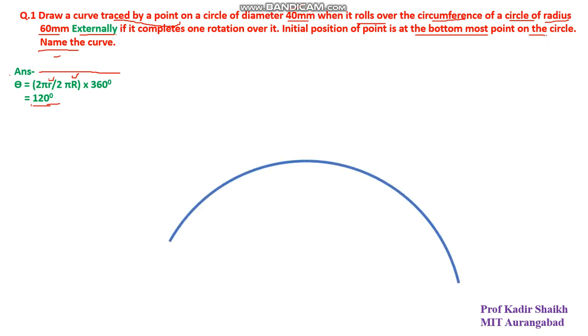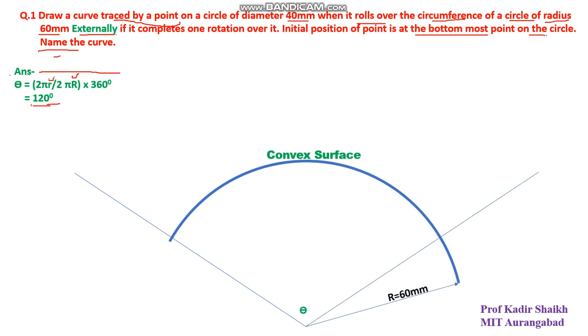First draw one surface showing the bigger circle of radius 60 mm, which can be treated as a convex surface to roll a circle of 40 mm diameter. After that, measure the sector angle theta, that is 120 degrees. Then as it rolls externally, draw one circle externally tangent to the first circle of 60 mm radius. So the second circle will be of